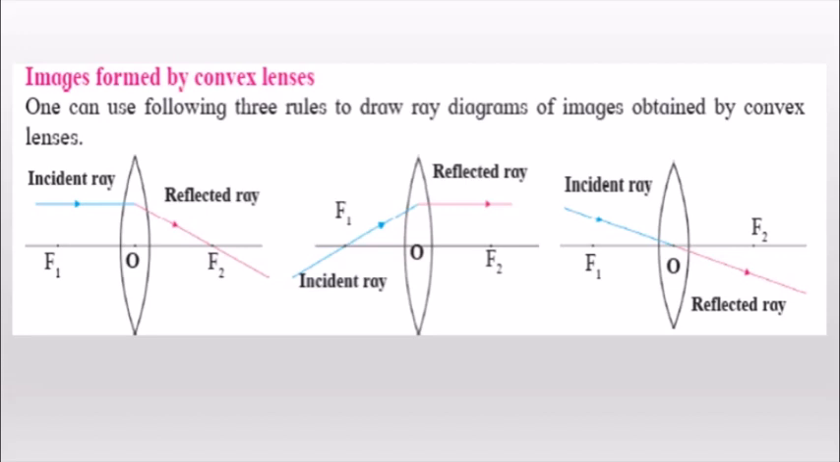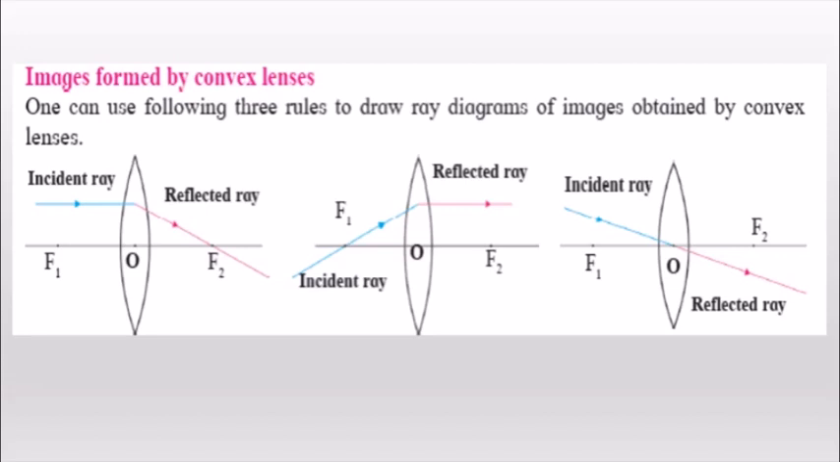The third rule is that when the incident ray passes through the optical center, that is our O, the ray will have no change in direction. The way it is going, it will emerge in that direction only. So when the incident ray passes through the optical center of the lens, it passes without changing its direction. These are the three rules we have to follow when we draw any type of ray diagram